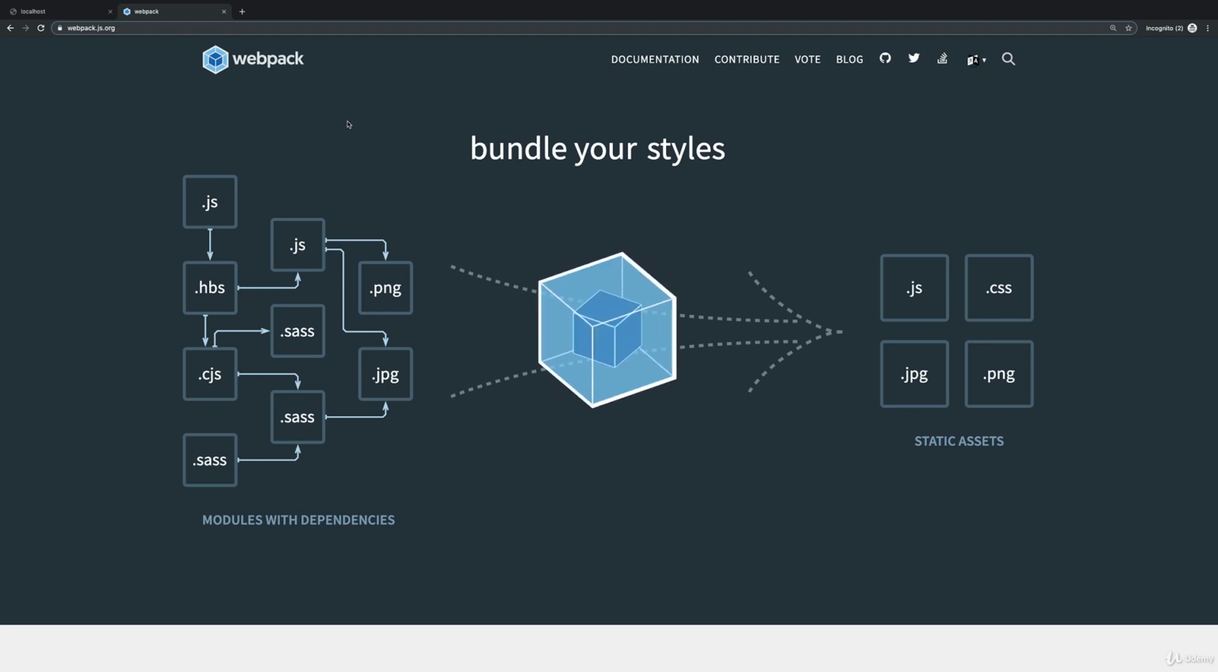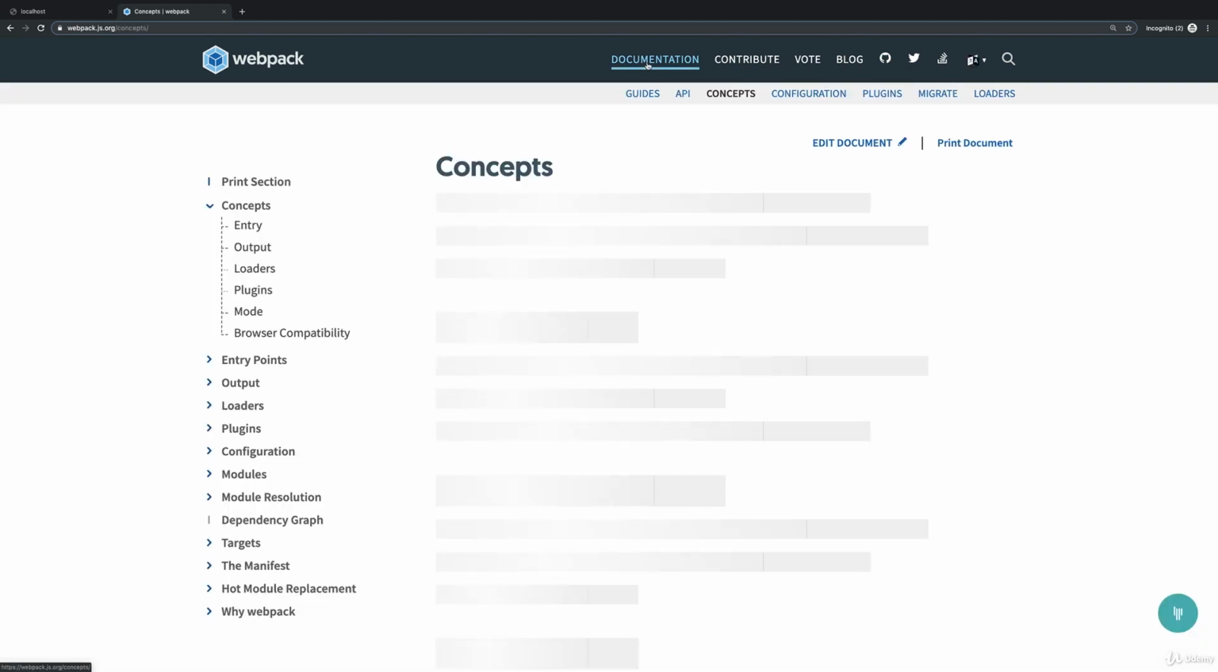Webpack is a bundling tool. It's also more than that. It helps us orchestrate our entire build workflow, as you will see. But to get started, we'll just use it with its core task in mind as a bundler. Now, Webpack has a really good documentation at